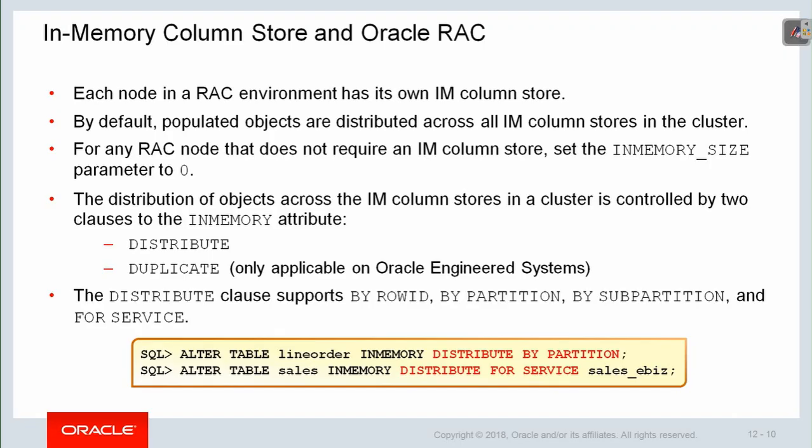But here's the one thing. My analytic query requires a full table scan, for example, but my data is spread across instances. So how can I take advantage of the data spread across instances? If you want to take advantage of the in-memory column store in a RAC environment, you will have to start parallel execution servers, at least based on the number of instances, to spread parallel execution servers across instances. And also enable